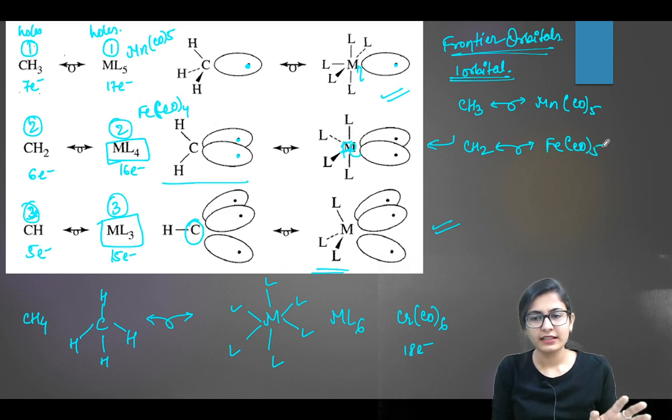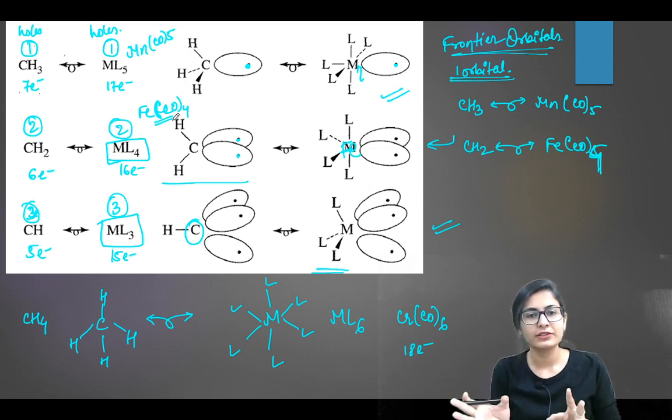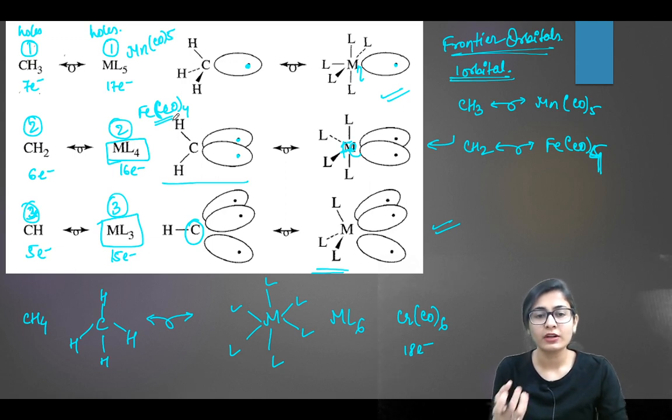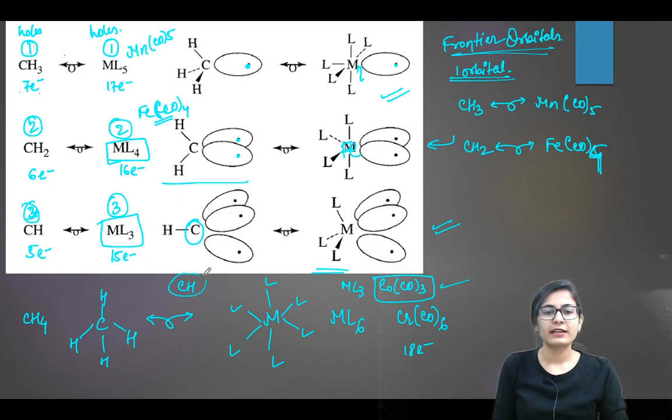It's not necessary that I can only take iron tetracarbonyl. There could be some other examples from the organometallic fragments which have the same number of electrons and bring forward the same number of frontier orbitals. Similarly, for the ML3 type we saw cobalt tricarbonyl, bringing forward 3 electrons and 3 orbitals. So it is isolobal to CH.